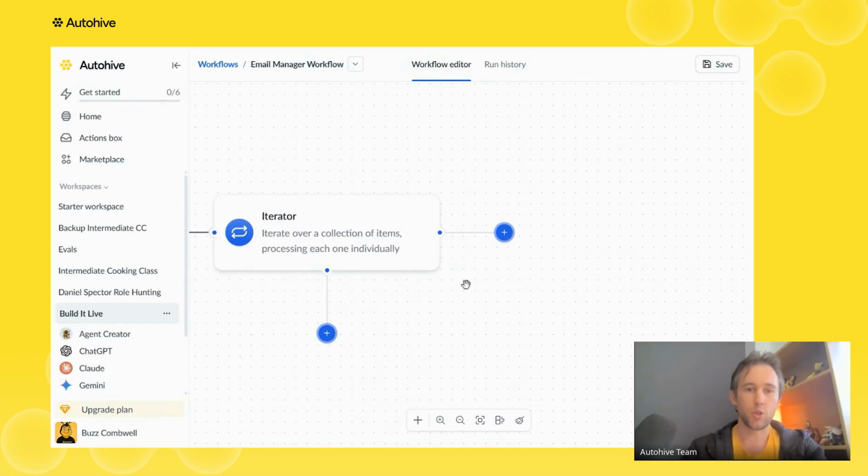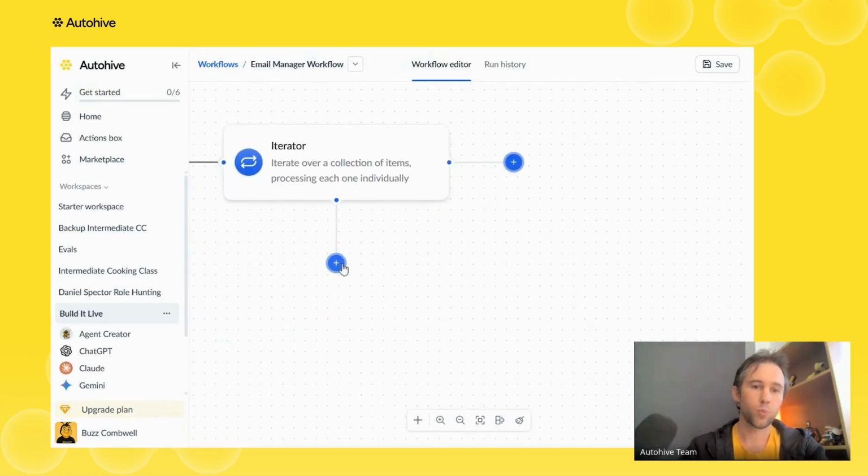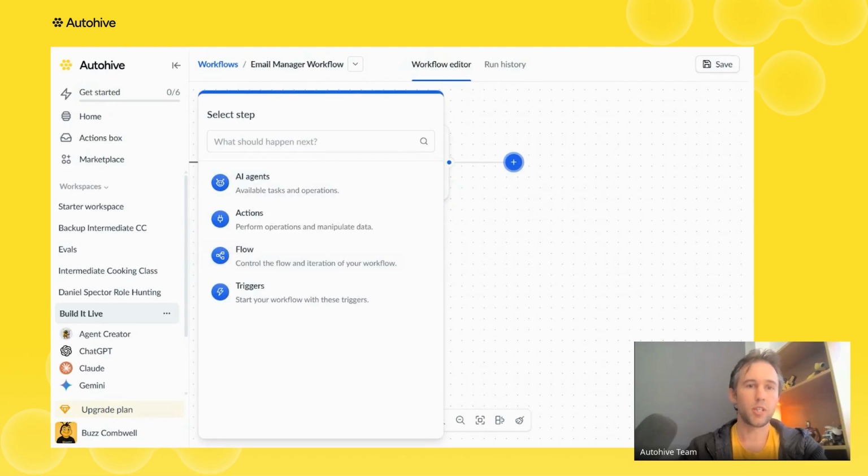The iterator has two different outputs. The one coming off of the bottom, the workflow nodes are going to run once for each value inside the collection that it's iterating. And any workflow nodes that you send out the end is just going to continue the workflow after that iteration has completed. So coming down here,